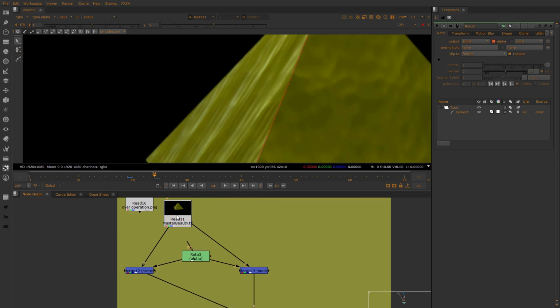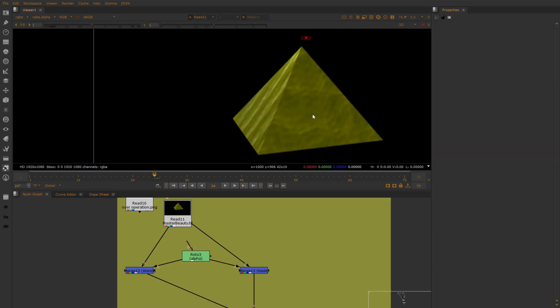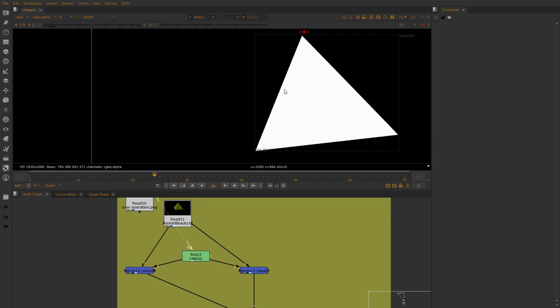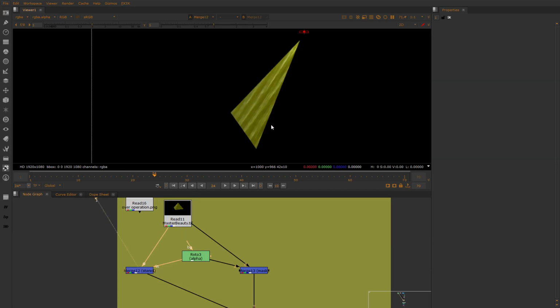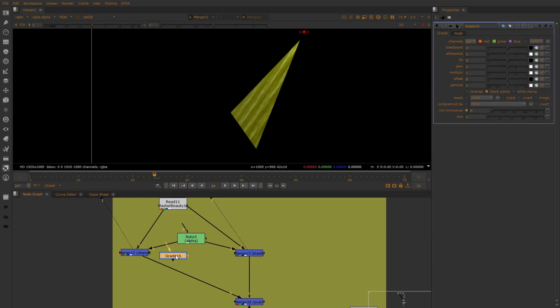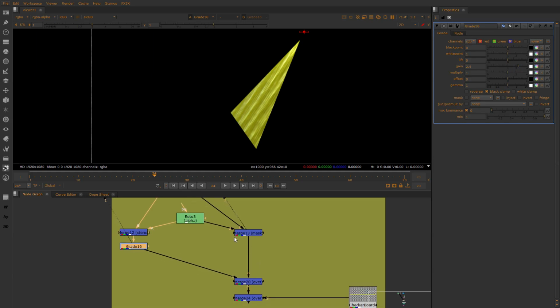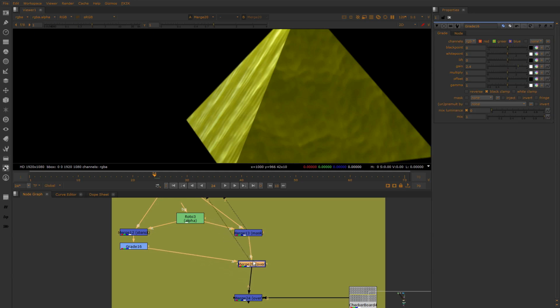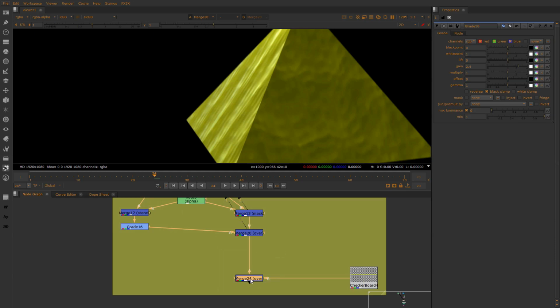Here we have the beauty pass, we have the pyramid. We have a roto shape, the very basic roto shape that we used earlier, and I stencil this image over here and I mask it on the other side. So I get these two. For example, I wanted to do some kind of color correction here. I could just gain it up a bit, and I wanted to merge them all, right? And you would think this is the right way to do it, but it's not, because if we merge this over the background, excuse me, again this checkerboard,